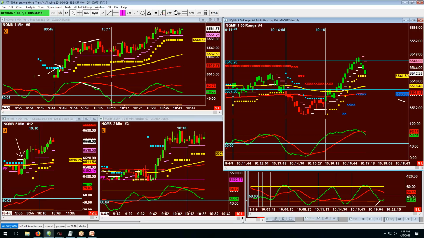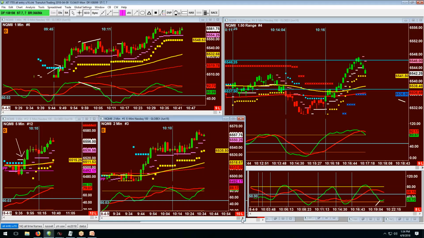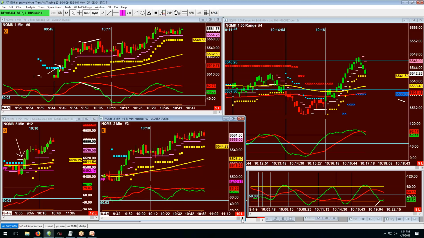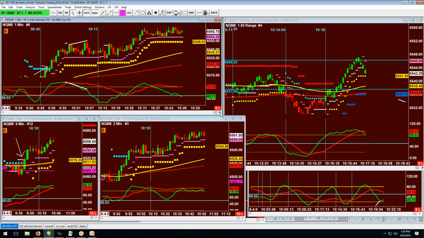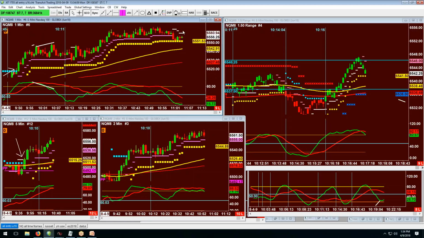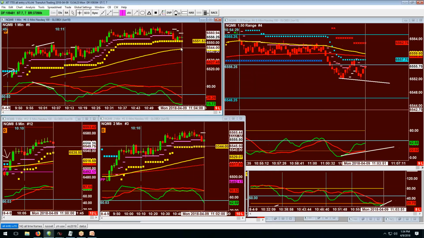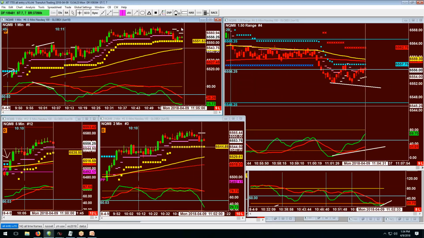And that's at 1016. Then there's nothing really to do off the time-based charts until we can get a pullback and a close below the super trend stop, because then we would need a break of it again to the top side. So I'm not looking for a short here on the 1 minute, even though our green line's under the red. If you look at this on the 2 minute chart at that time,